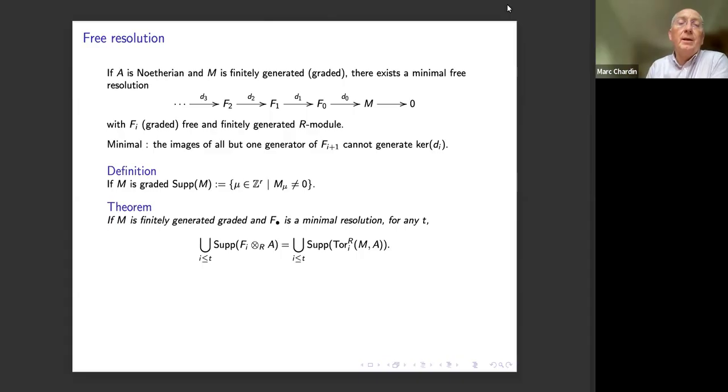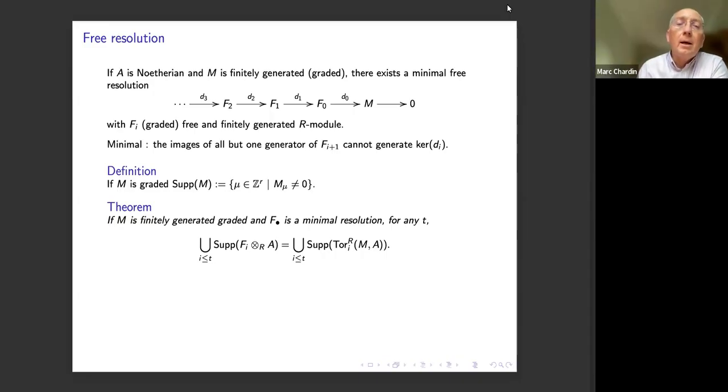So the first thing is that if you have a finitely generated graded module and you look at any of these minimal free resolutions, it's essentially unique if A is local, but otherwise you always have minimal ones. Then for any T, when you look at the support of these modules here,